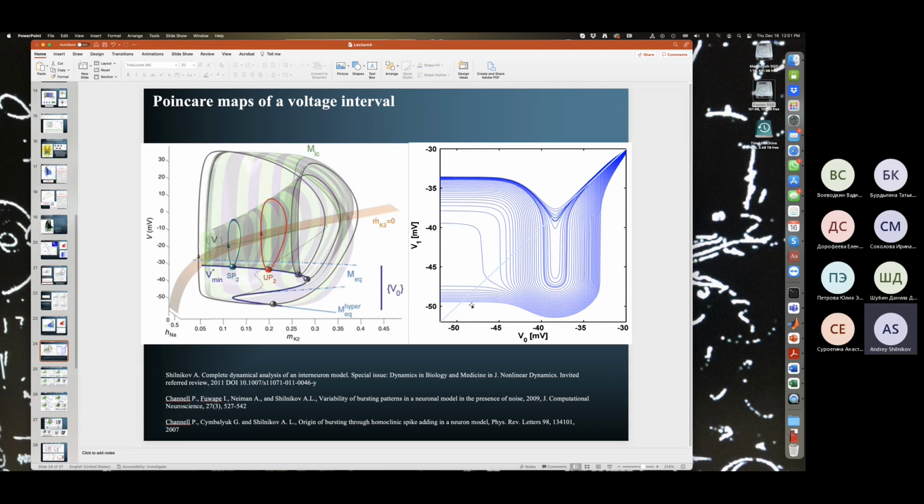And whenever we deal with periodic activity or cycling activity, then return maps, the technique of Poincare return maps, is